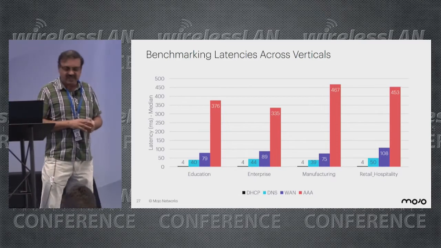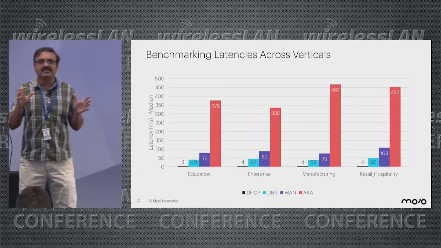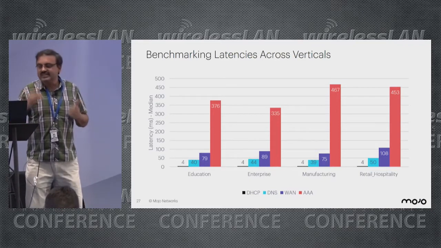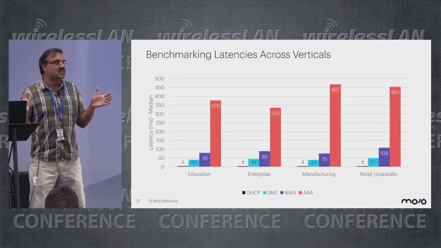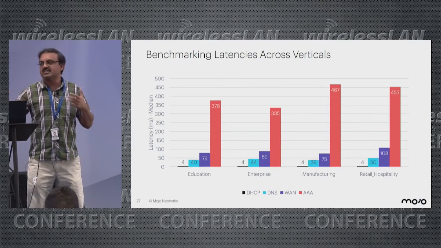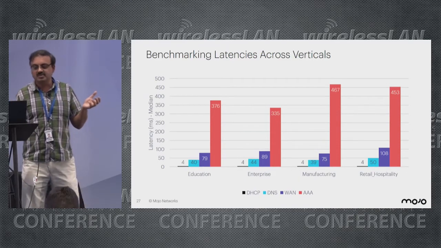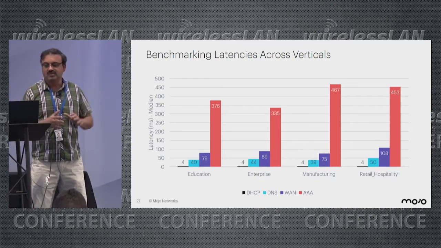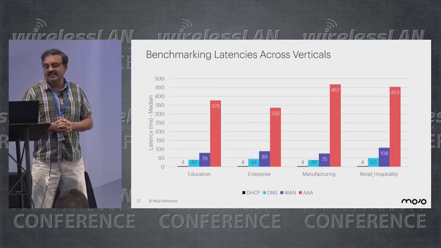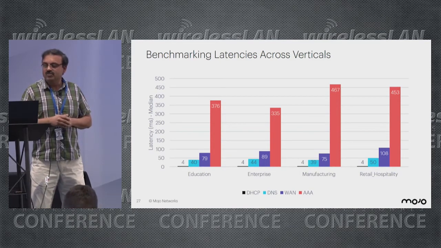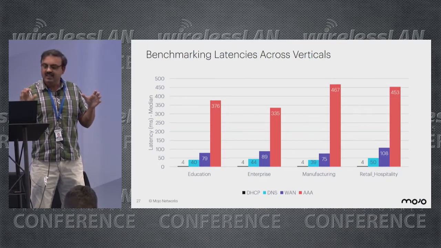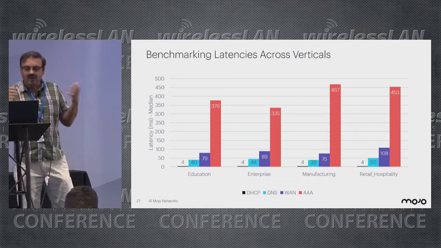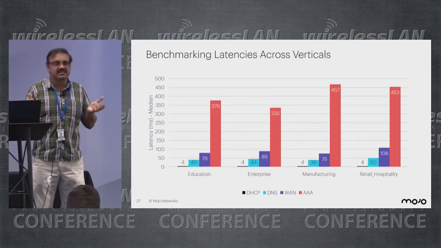So here is something interesting, right? So we have all this data, right? I mean, what can we do? We have derived some insights, which is good, but we believe that there is more power to this. One of the things that we can do is compare and contrast how different verticals are behaving, how different customers are behaving with respect to these metrics, right? So what we are seeing here is that if we look at the baseline latency median for some of these latencies, we see that there's some pattern that is there clearly. Clearly, across all the verticals, the AAA latency is dominating, which is expected, right?